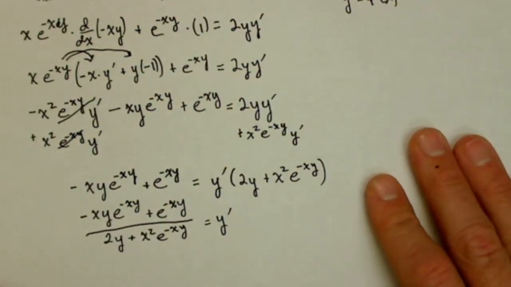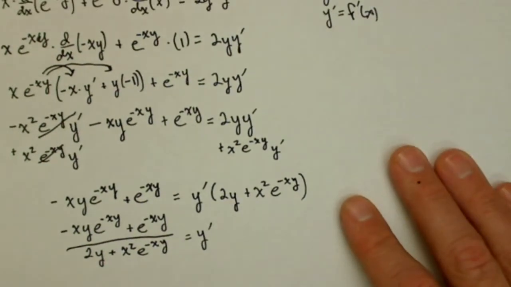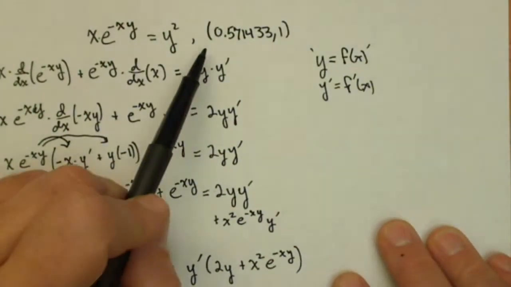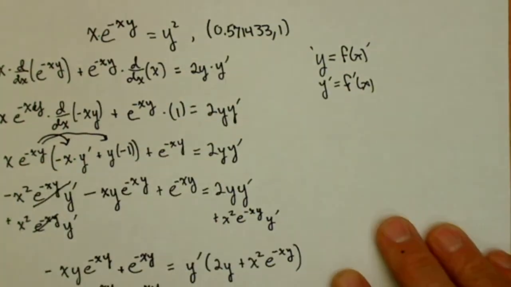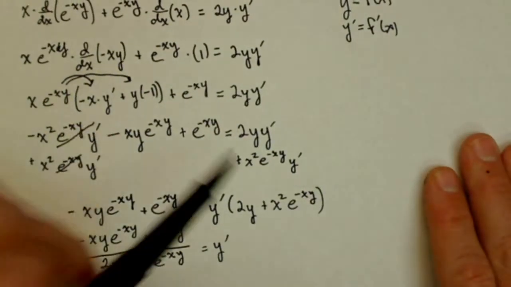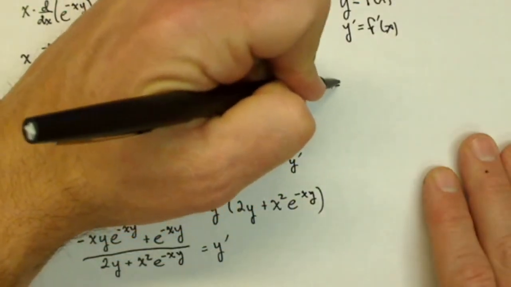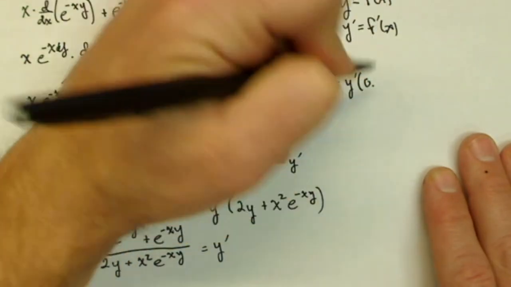Nice long one, right? Okay, now what we need is, we were going to calculate this at 0.571433, 1. So we need to plug that in for our x's and y's into our derivative to get the slope. So m equals y prime at the point